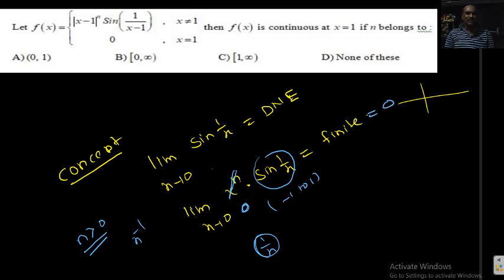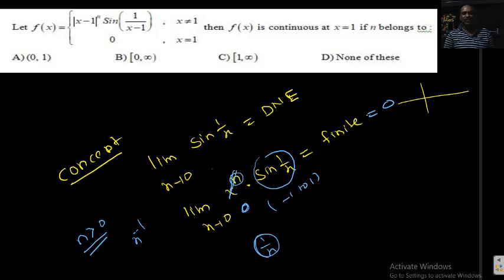For what values of n does this happen? I can say n should be greater than 0, then it happens. Take any n value greater than 0, now you take 1.2 or 1.3, 0.2 or 0.3, 1 or 2, whatever it may be, automatically the limiting value tends to 0. If n is other than greater than 0, for example n is taken as minus 1, this means 1 by x, so 1 by x again tends to infinity. Infinity times some finite value, you can't find what happened to the total value, which means you can't find its limiting value. What is the meaning of that? Your n should be greater than or equal to 0.